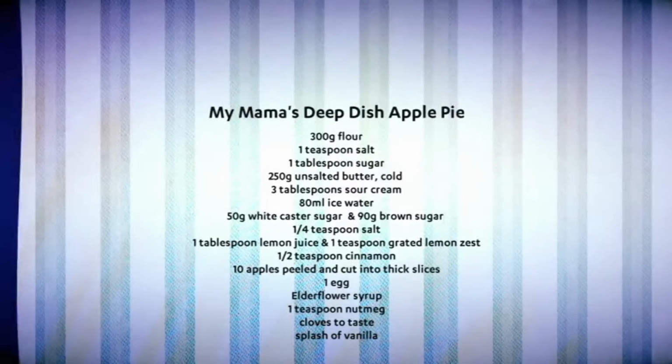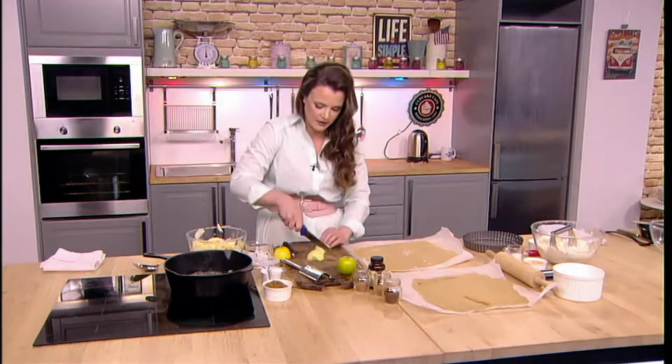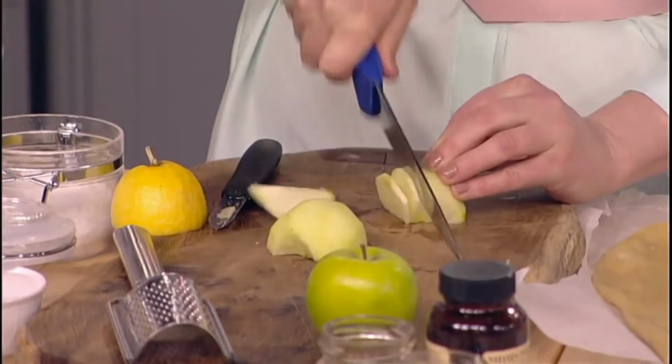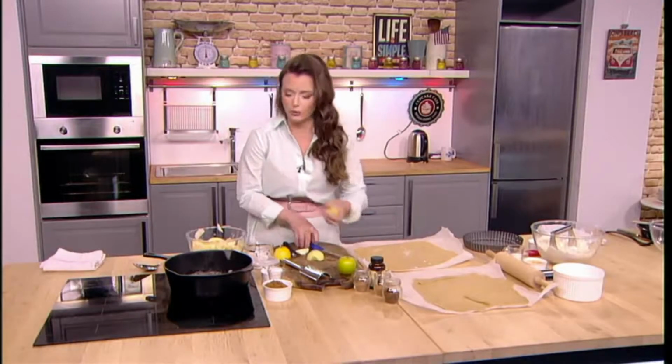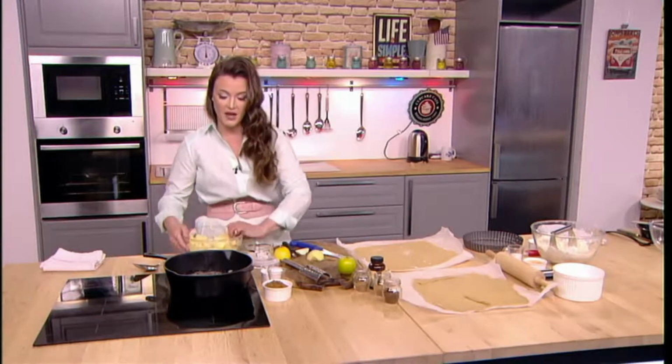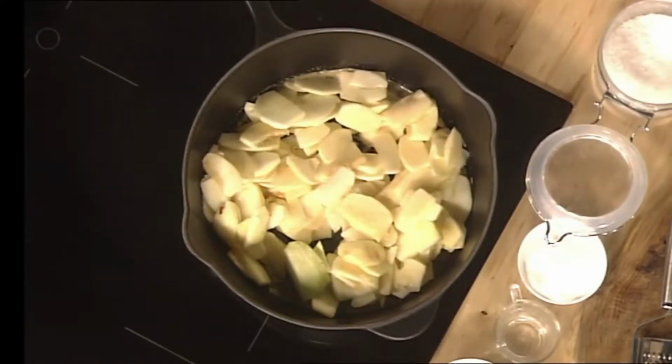I have Granny Smith apples here. They're sliced. You peel them and then you slice them. And you're just going to put a little bit of lemon juice on them to make sure that they stay nice and fresh and don't get brown while you're mixing them up. You just pour them into this nice brown butter, and we're going to let that sizzle away